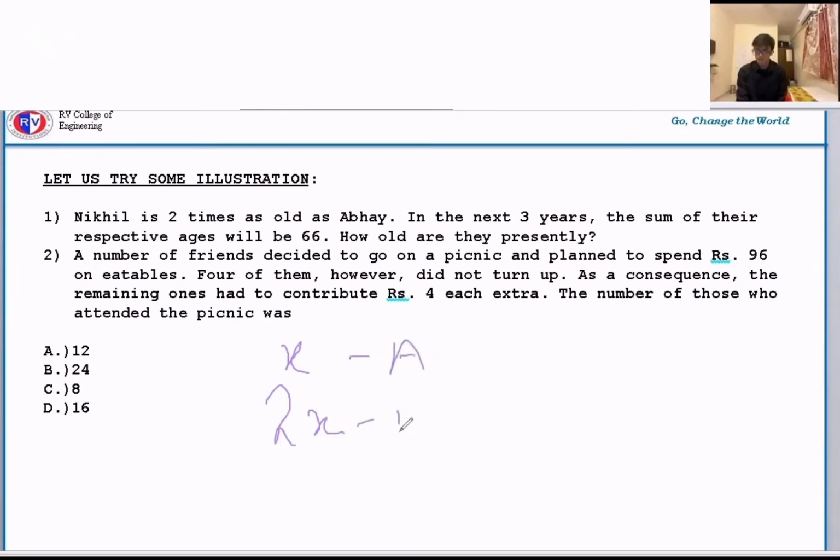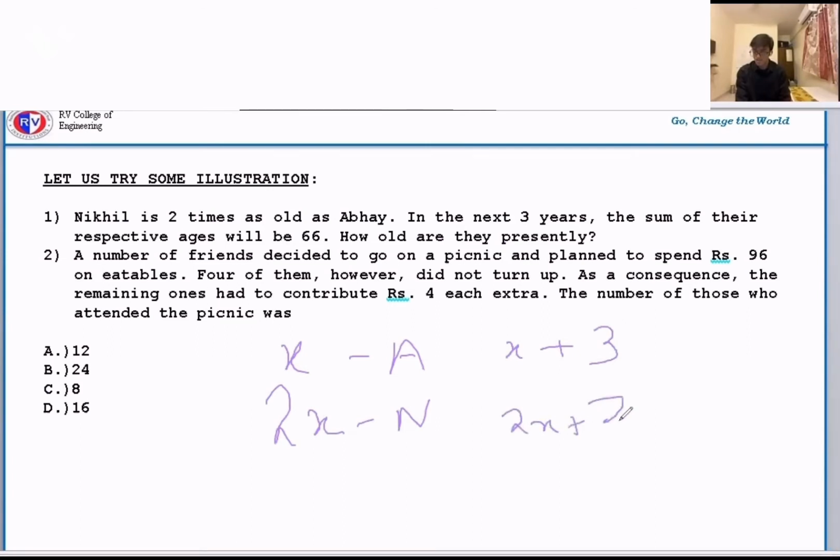This is Abhay's age and this is Nikhil's age. So in the second statement, it is written that in the next 3 years, the sum of their respective ages will be 66. This means that I'll be adding +3 to both the ages,